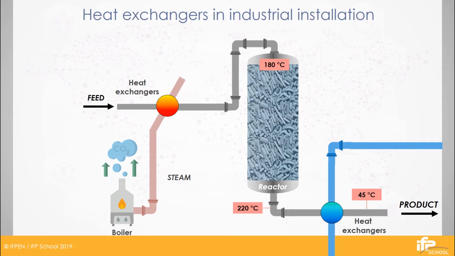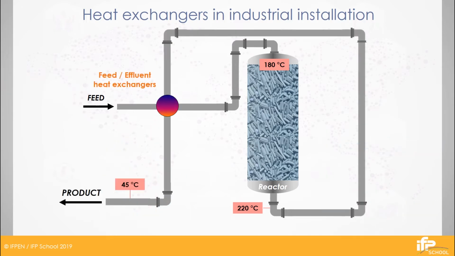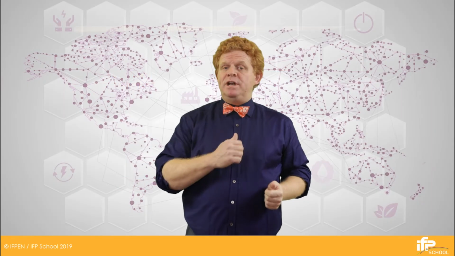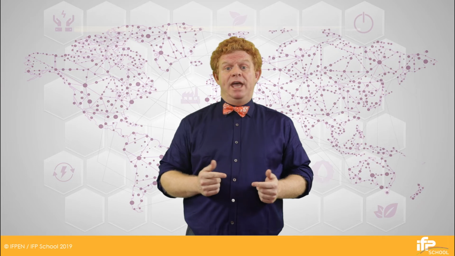Without heat integration, this process uses a lot of steam to heat up the feed. It's a waste of energy and money and contributes to CO2 emissions. We can improve the situation by installing a feed effluent exchanger to recover energy and decrease CO2 emissions. In this example, the energy needed to heat the feed is coming directly from the outlet of the reactor by installing a feed effluent exchanger. To improve energy efficiency, increase heat recovery, and reduce CO2 emissions, we need to use a dedicated methodology called pinch.